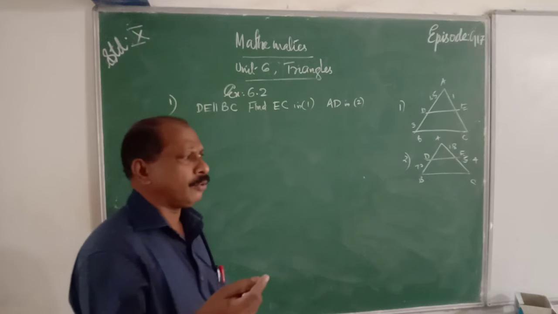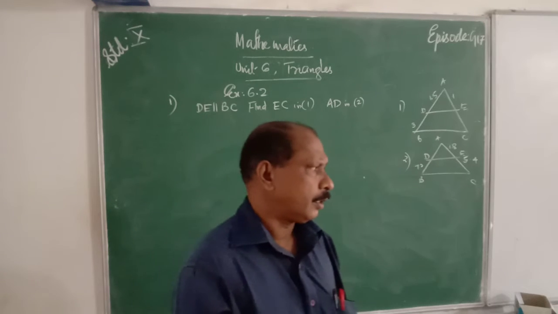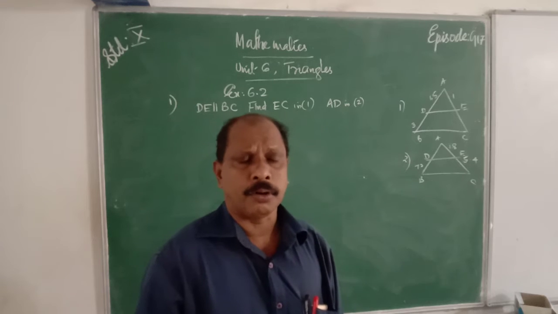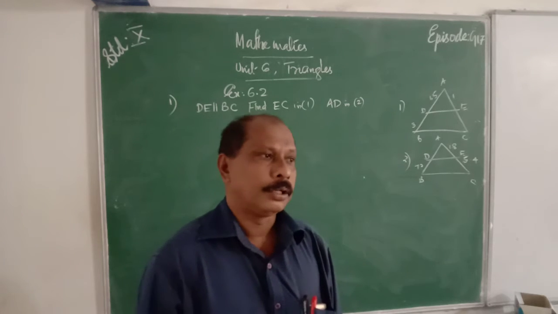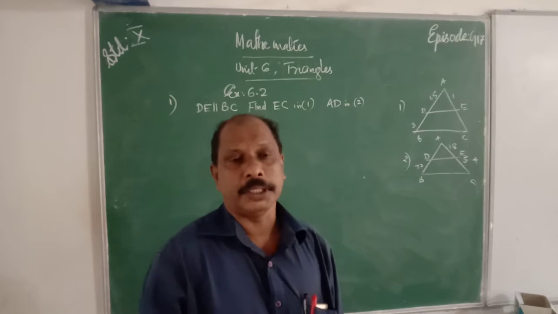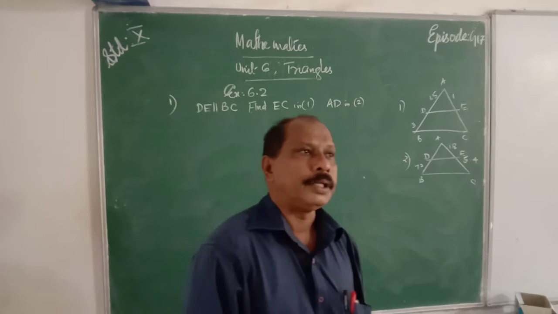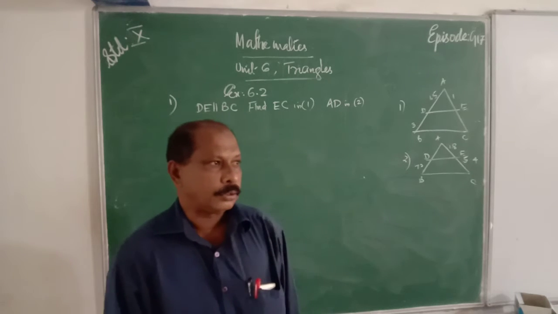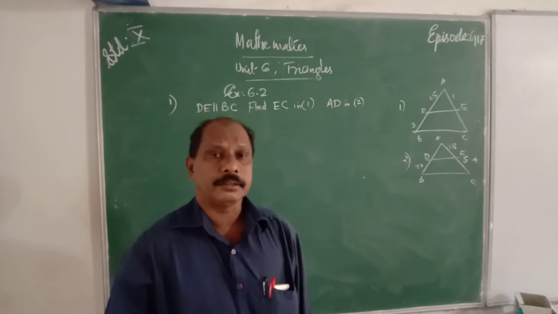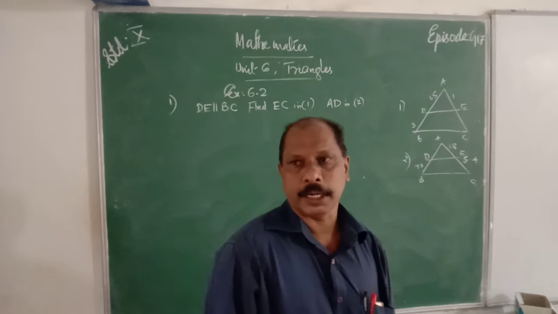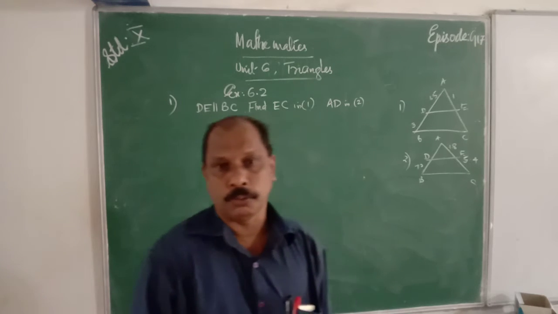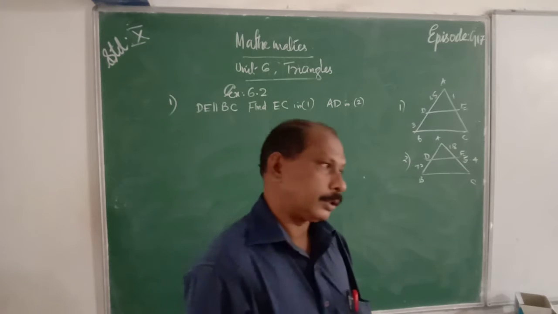The first exercise has one-word questions. That means: are all circles similar or congruent? All circles are similar, because the centre and the radius of each circle are always different. Therefore, they are always similar. But circles with the same radii are congruent because the radius is the same. Therefore, all the questions of exercise 6.1 are your homework questions.